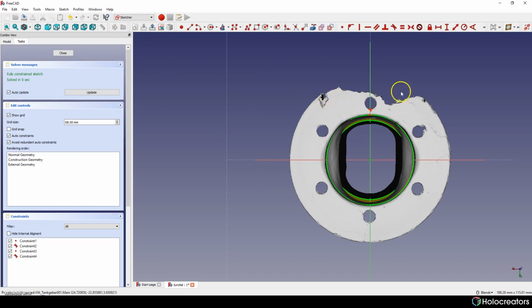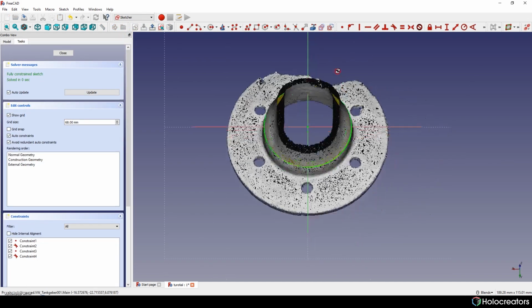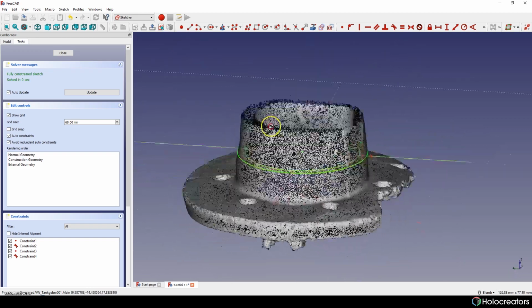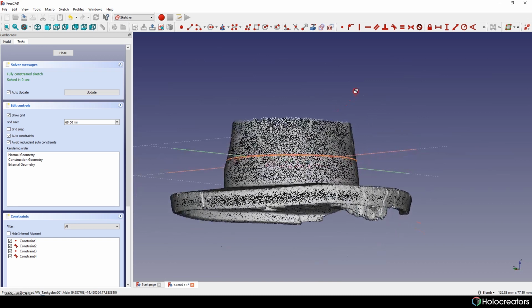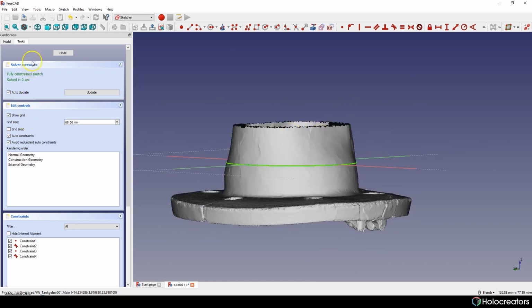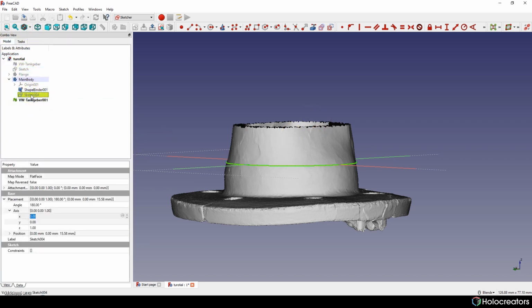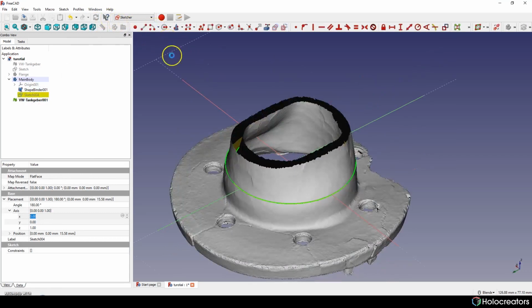Just simply pressing create a new sketch, and for now we need to displace our sketch to a new position. We can do this basically, where is it? But actually it's not what we need for now.